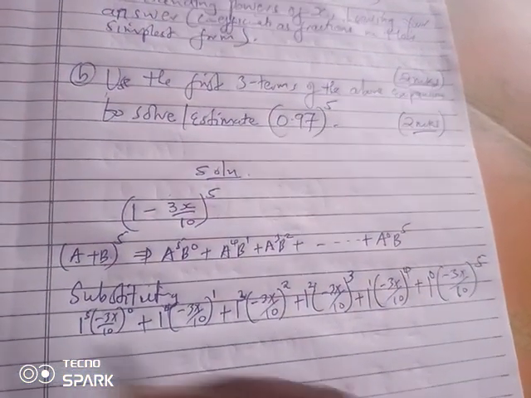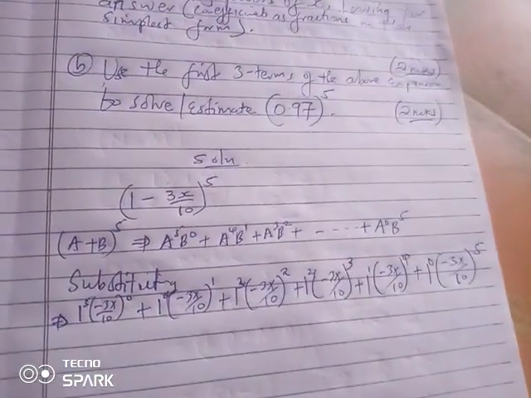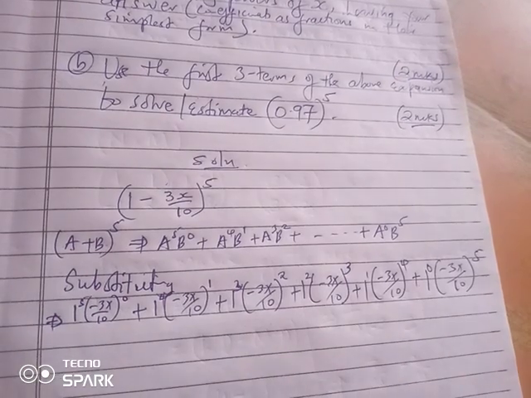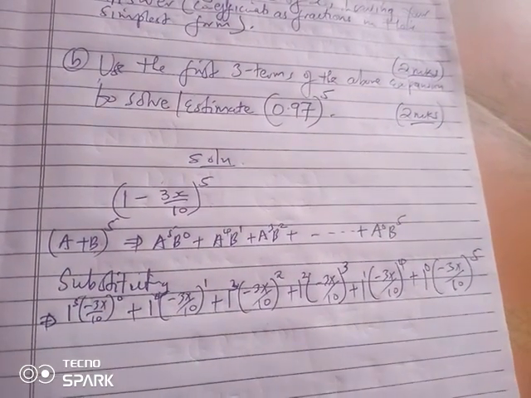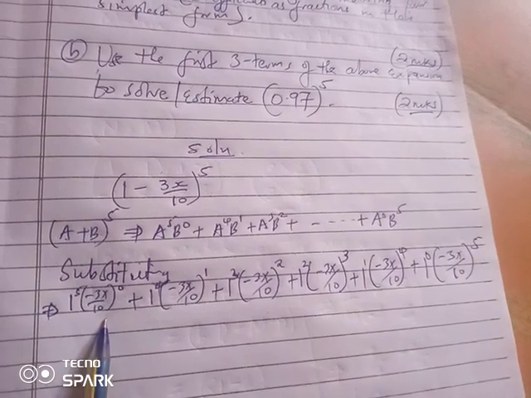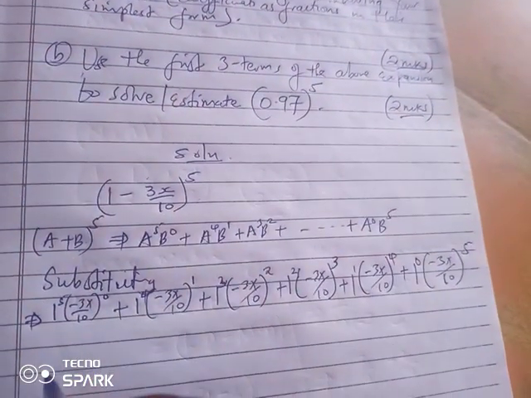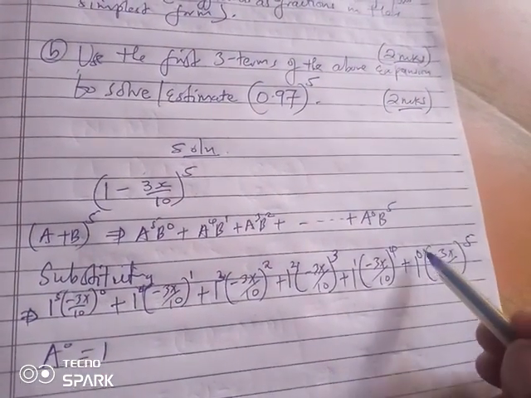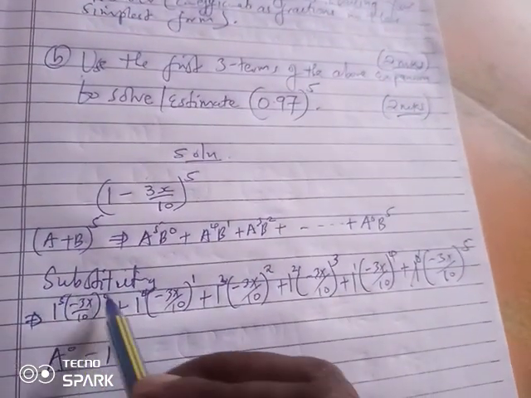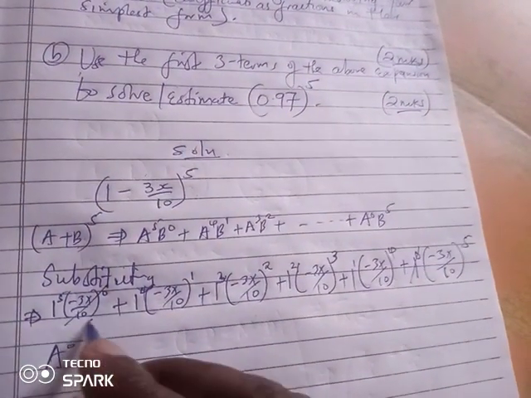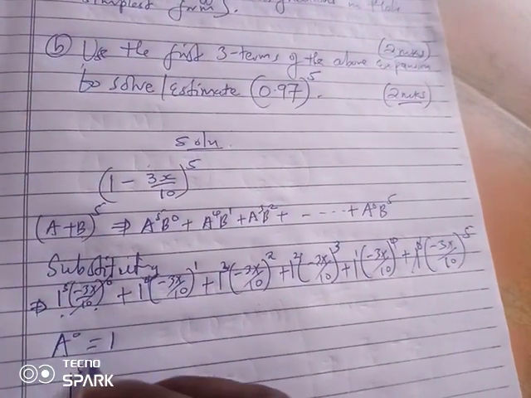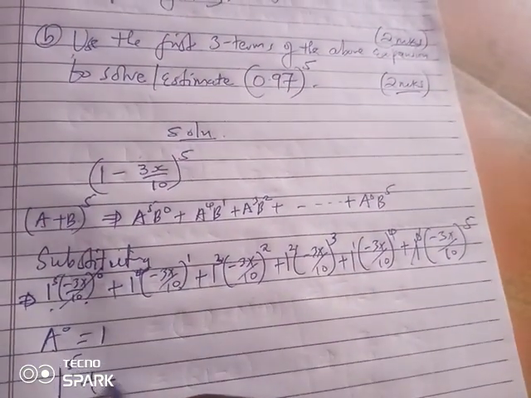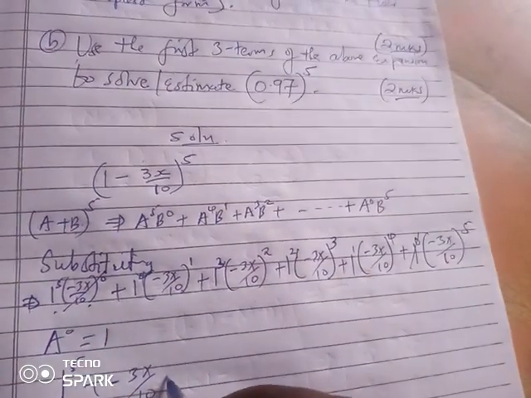Then we continue. So 1 power anything will not change. 1 power 5, 1 power 1, 1 power 2 will not bring any change. So our big deal is with the minus 3x over 10. Any number power 0 is always 1. So we shall have 1 here and we shall have 1 here. So what will remain is 1 power 5, which is 1, plus this now will be minus 3x over 10, plus